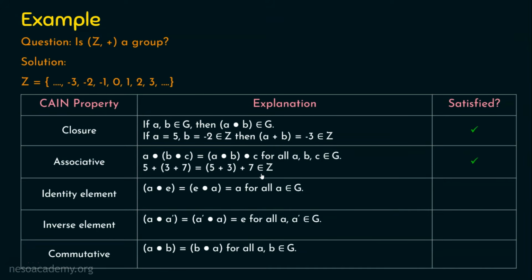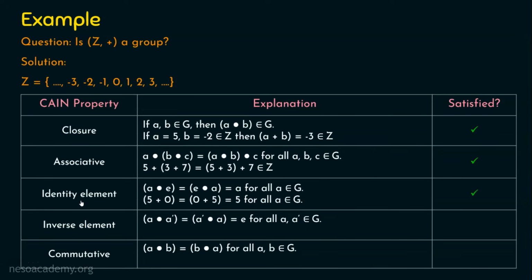Let's now move on to the third property. There exists an identity element. When you take the number a, you have an identity element in this group, 0, so that any number under this operation will give the same number, right? So 5 plus 0 is 5, 10 plus 0 is 10, 100 plus 0 is 100. You are getting the same number if you perform the operation plus. So there exists an element 0 which is also belonging to this group. So there exists an identity element in the group which is 0. So the third property is also getting satisfied.